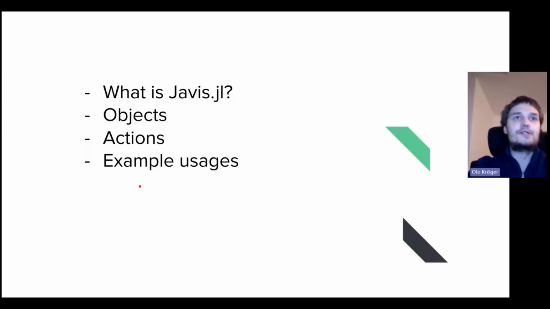So today I will show you what Javis is. It's an animation engine. So what is an animation engine? I will show you some other animation engines which you might already have heard about or at least seen in use. And there are 2 main points of Javis, which consists of objects. So things that you draw on the screen, like a circle, like a polygon, stuff like that. And then there are actions. So actions are used to rotate an object, translate from one position to the other, changing colors, changing size, all